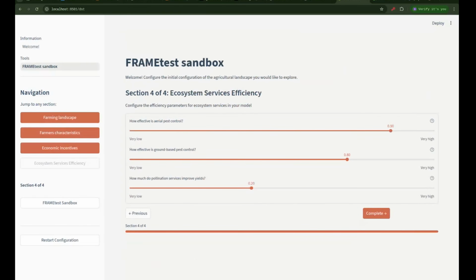Finally, we're asking questions about the efficiency of the ecosystem services. Since, as I mentioned in the previous example, the model outcome depends on these substitution feedbacks, we need to know how effective it is. How effective is the substitution provided by aerial pest control and ground-based pest control, and how can the production yield increase